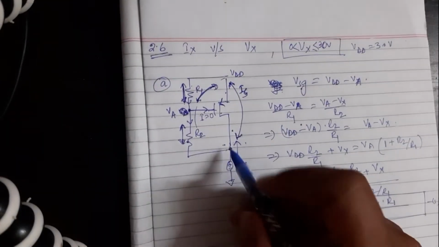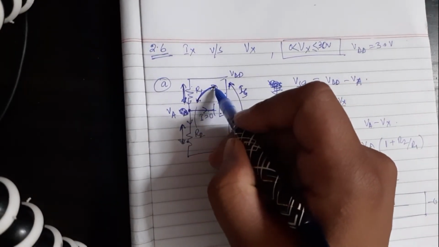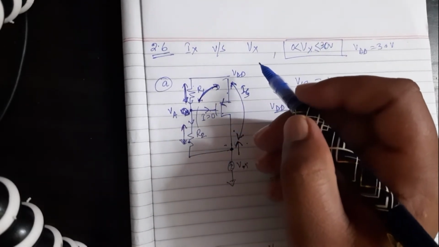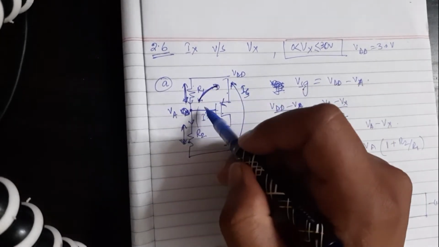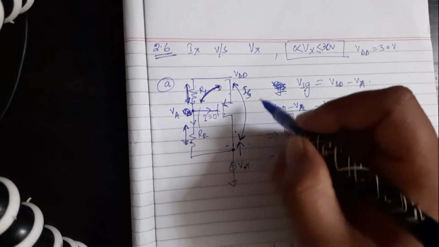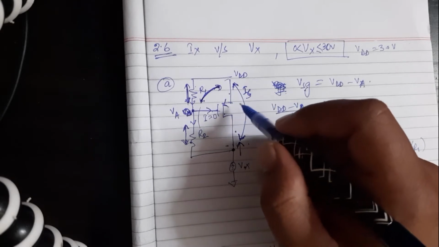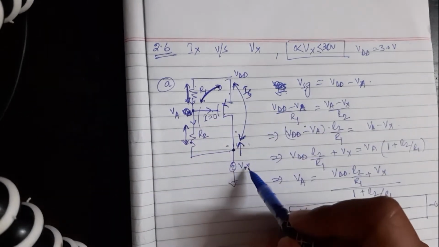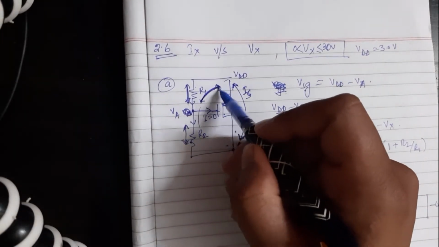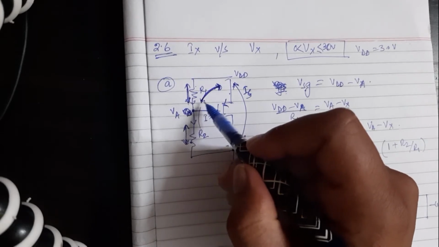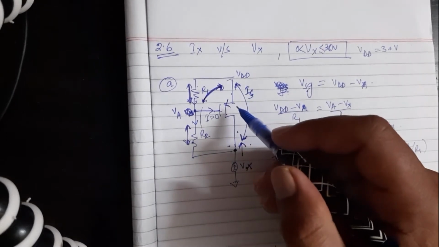And as the Vx starts increasing, this voltage drop starts decreasing. So there are two phenomena happening simultaneously. One, the source to gate voltage is decreasing, and the source to drain voltage is also decreasing. That means the current in the transistor is getting lower and lower. At some point Vx should be so high that this VSG is less than the threshold voltage of this transistor. In that case, the current of the circuit will go to 0.